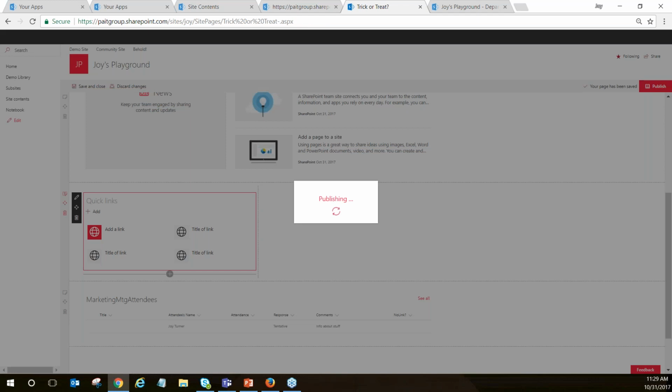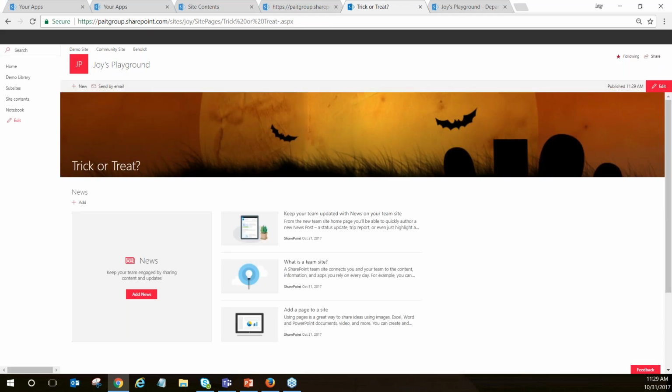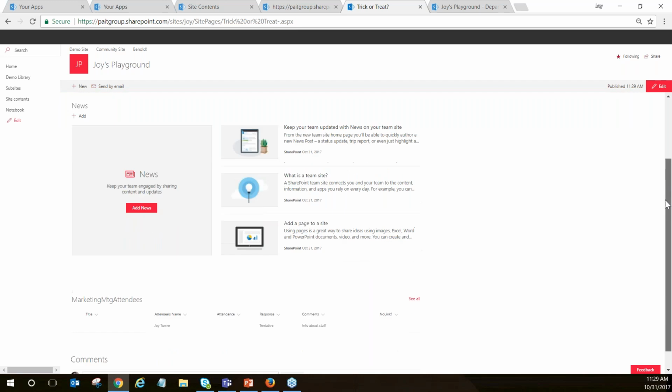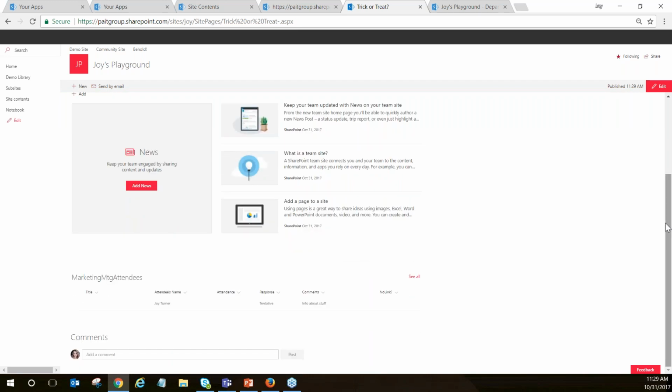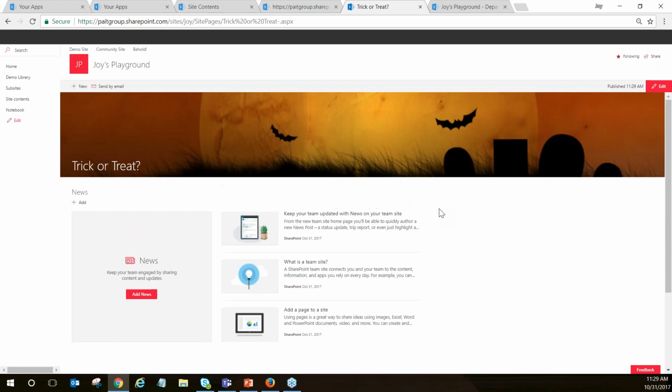Agreed. When we were just chatting before we got started, you mentioned that you see the need for actual navigation pages using these modern interfaces. Or at least a more robust web part for navigation, because you can't really do anything with the navigation at the top. The navigation on the side doesn't work the way that it does currently in SharePoint. You can edit it somewhat, but again, you're going to want to do it sparingly because it doesn't degrade as usefully